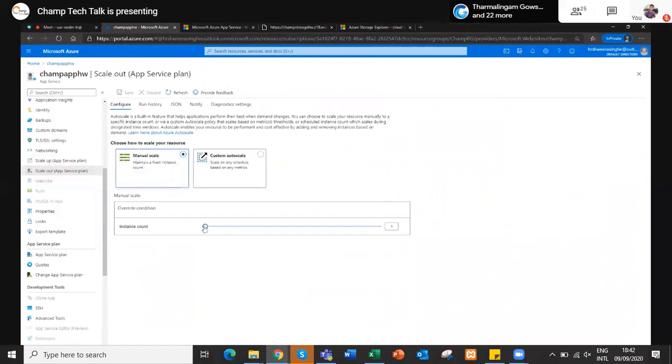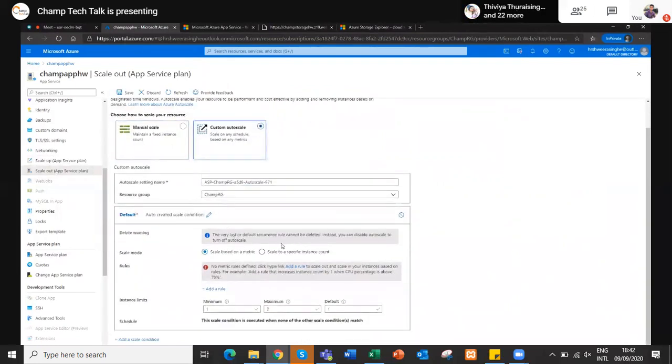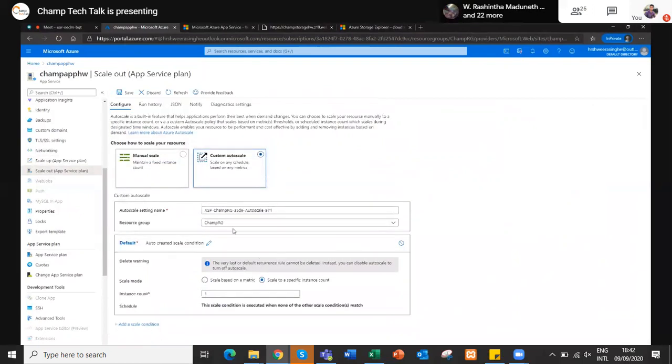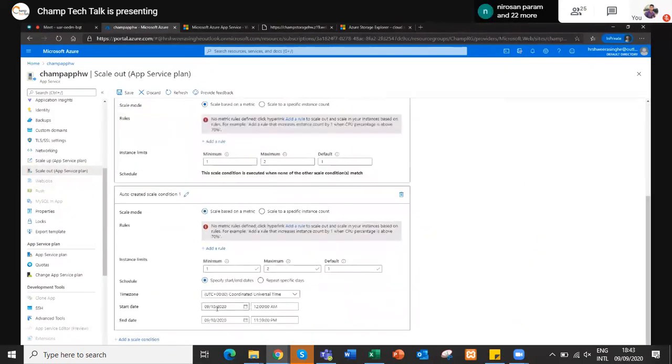So here I'm saying custom auto scale. You can scale based on a metric, or select scale based on a specific instance count. I'm saying within this particular time period, just scale up the instance.